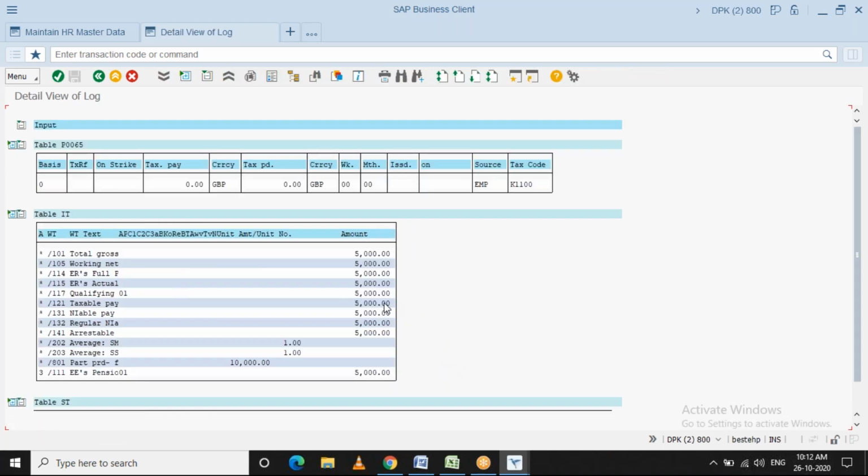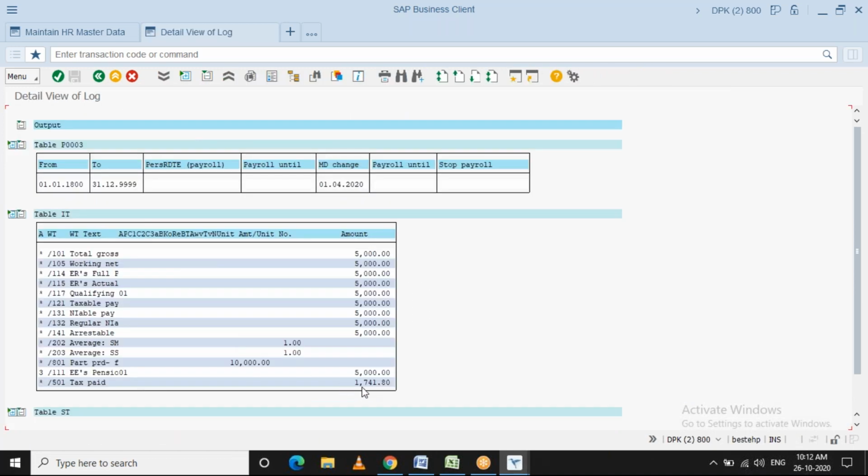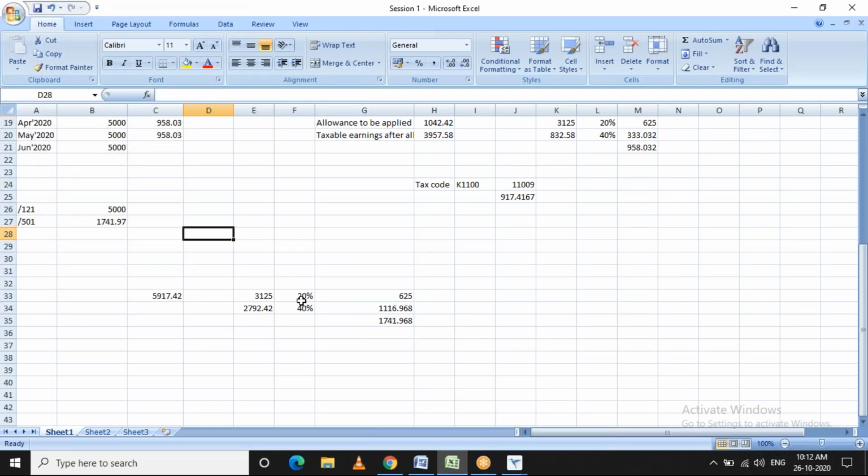See, the taxable pay is still 5,000, and you see the tax calculated as 7,700 pounds, which we calculated manually.